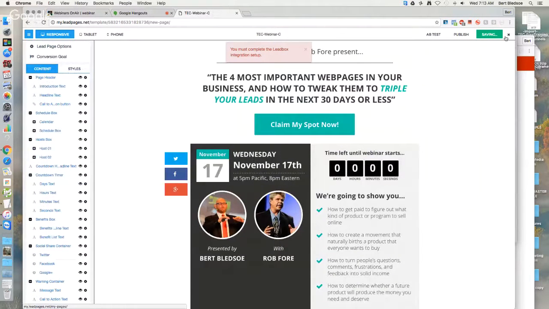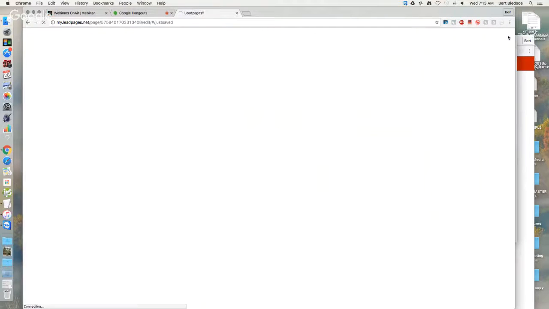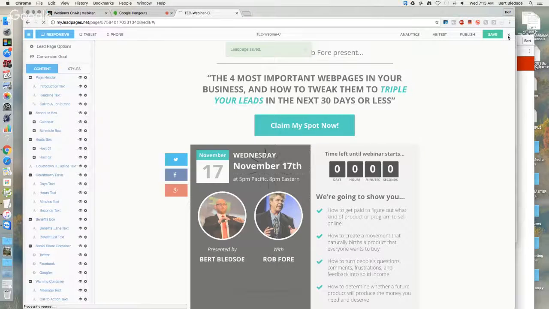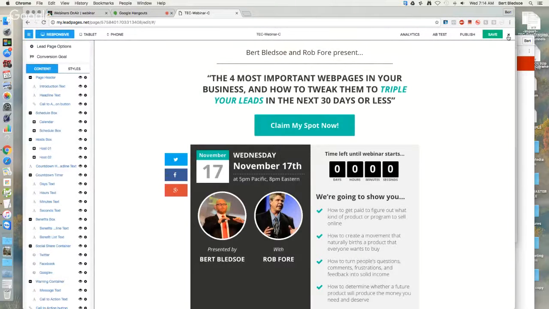And we still have definitely some more work to do, but now we have 3 different versions. Now, of course, when we split test, we want them all to be the same. In this case, we're just using different graphics. So we're going to